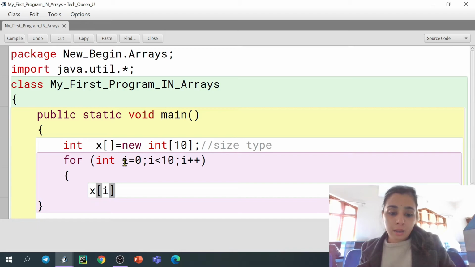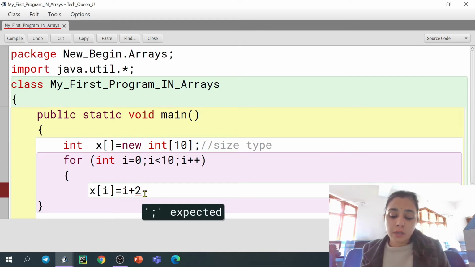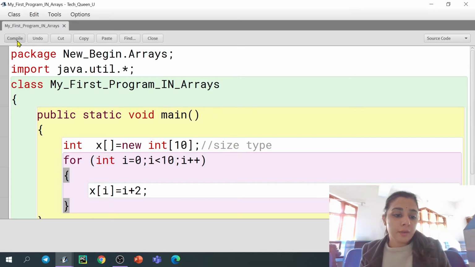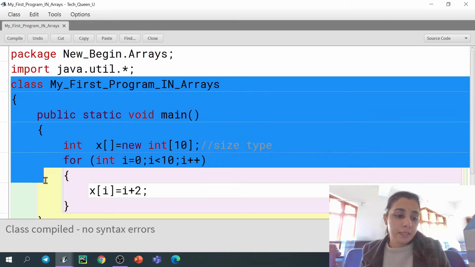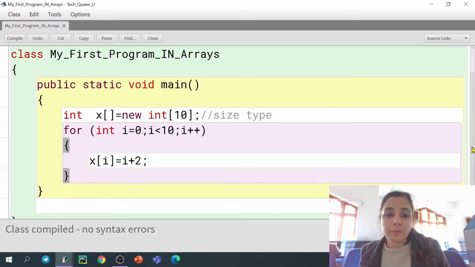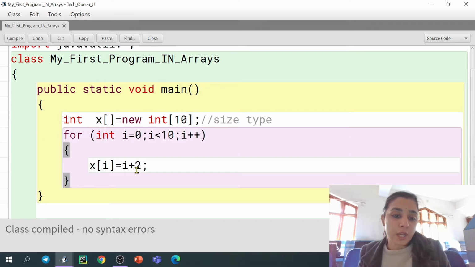Let's say x of i is equals to i plus 2, whatever is inside i. So I'm just inserting i plus 2 in that, right? So this I have done. Now I will compile that. Surely the output will not appear because I'm not giving any print statement here. This is just inserting the values inside your array.